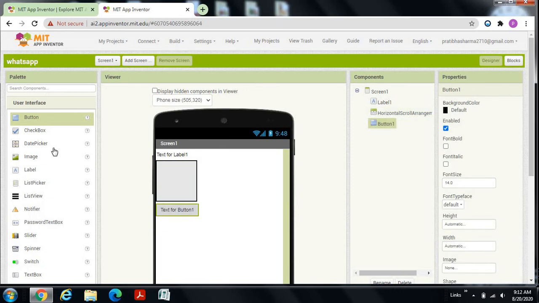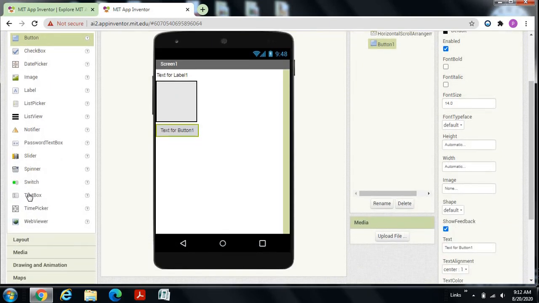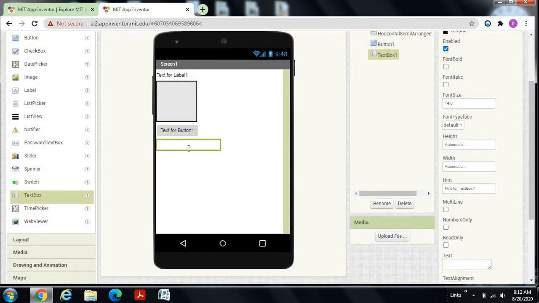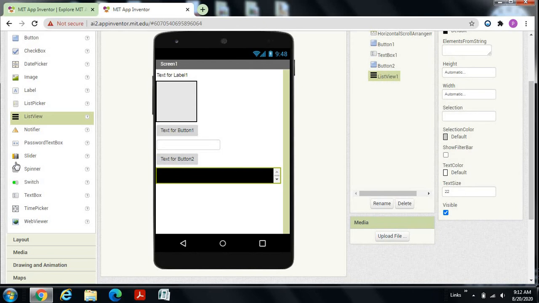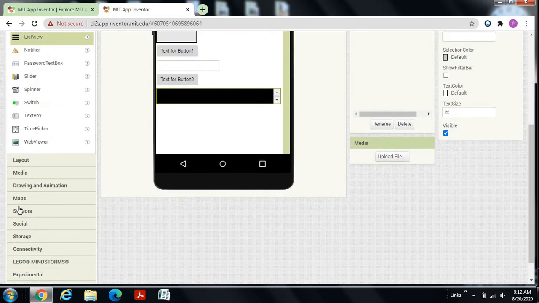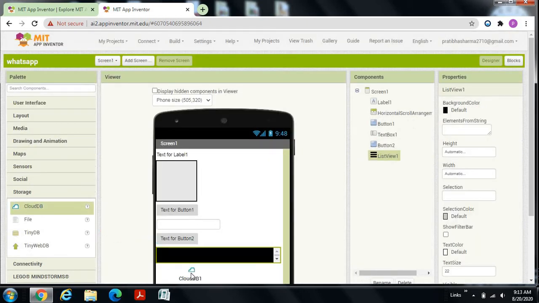Then go to user interface and drag and drop one text box over here. Then one more button. Then drag and drop a list view. Then go to storage and drag and drop CloudDB.